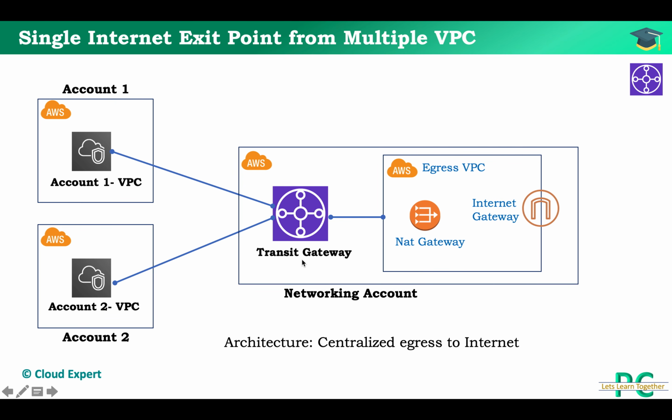Now, if you establish the route table in the transit gateway, both account 1 VPC and account 2 VPC will be able to use the transit gateway connection to use the networking account NAT gateway and internet gateway to access